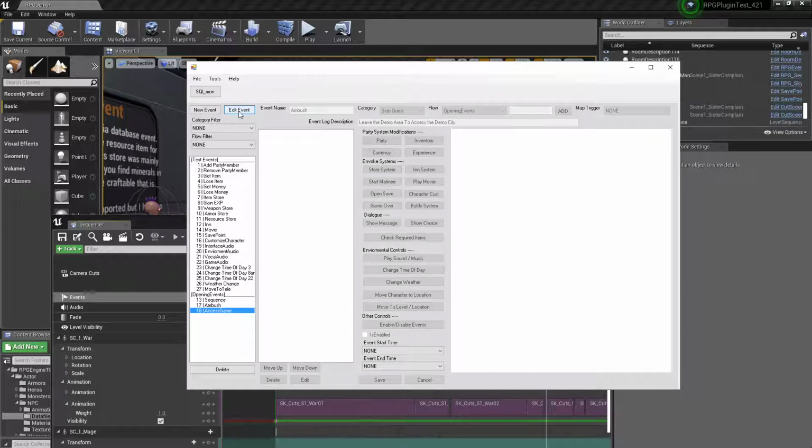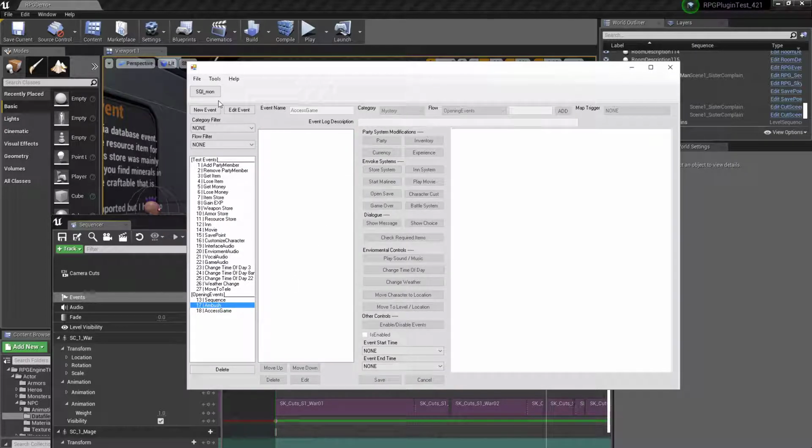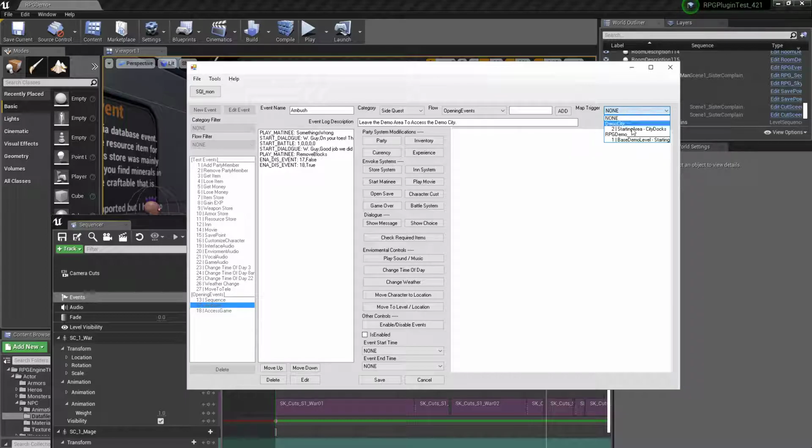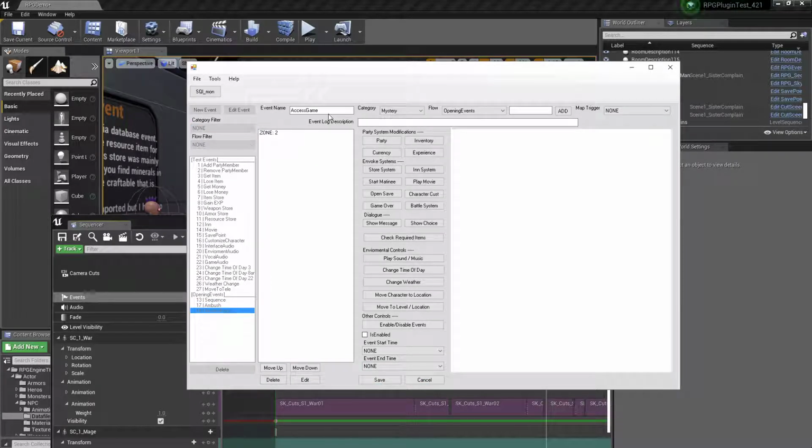Speaking of events for the other map, if I go in here, this looks like it just does an event zone trigger to send you to the other map. But one thing you can do is have events that trigger based on entering a map. So let's say that after we beat the boss, we went into another map and we wanted something to happen. If I wanted that to happen, I can change this to